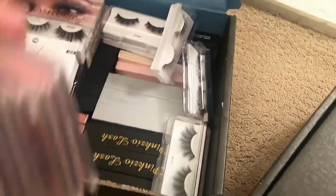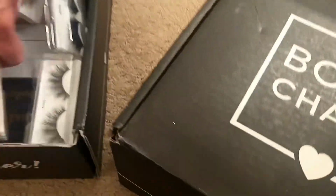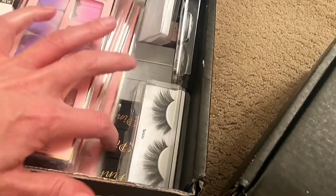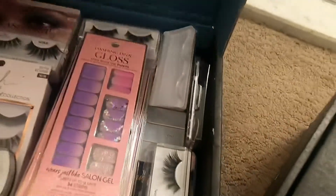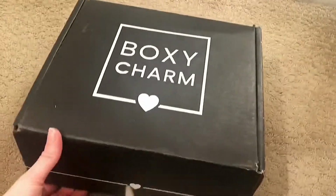Take out all my little nail strips. Actually, no, this is my nicer box of lashes. Okay, these have my really beautiful couture Kiss lashes and my pink Ardell, pure. I think there's Huda Beauty in here, Lilly Lashes and such. So I'm gonna go for my other box of lashes, the ones I'm not worried about using up as quickly. So that leaves this box of lashes,